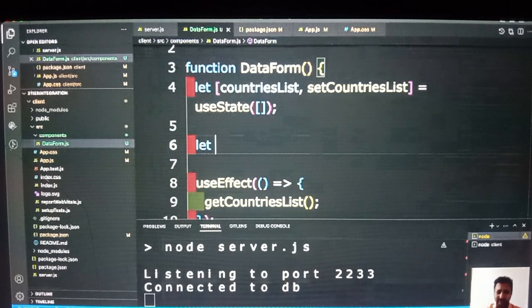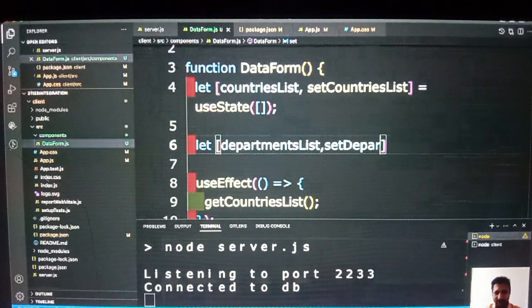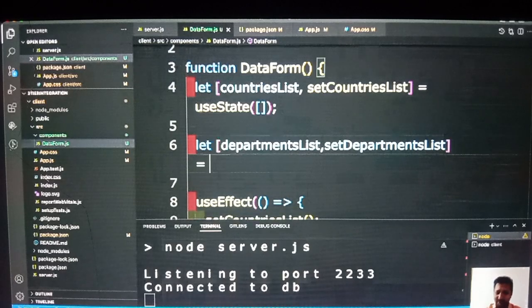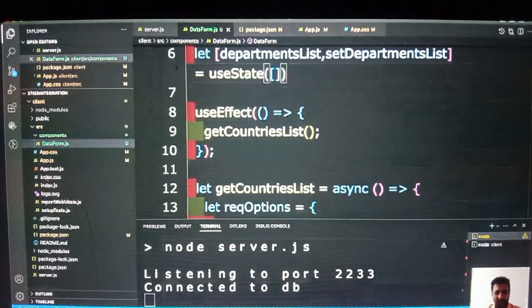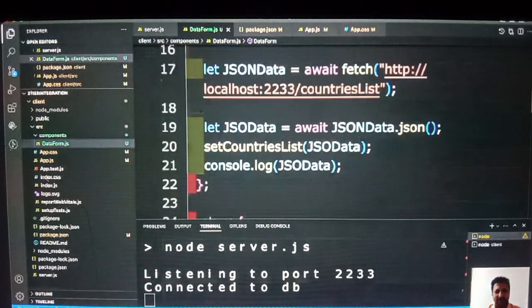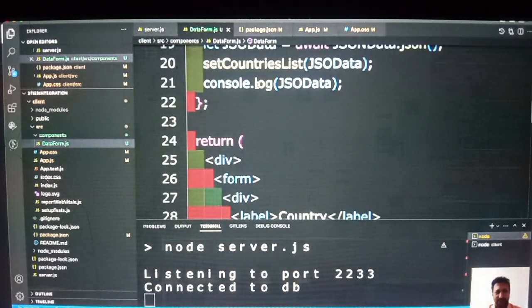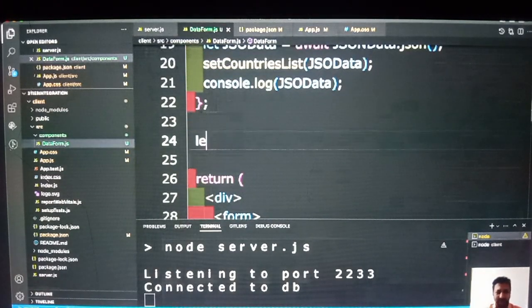Let departments list, set department, equal to useState, empty array. Then I haven't created any function for getting the departments list. So I'll say let get the departments list equal to